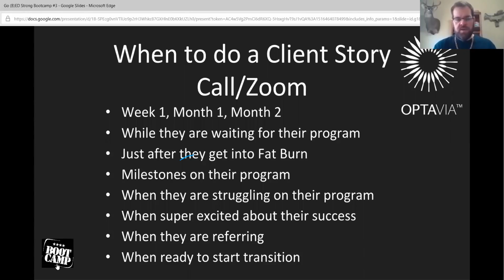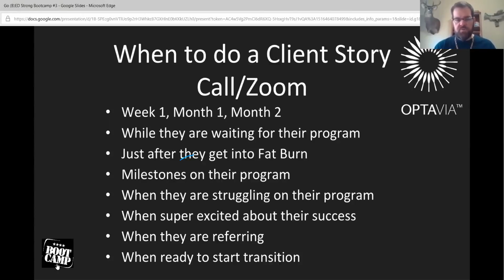You want to look at maybe the end of month 1. At the end of month 2, there's always time to do celebration calls. That month 1 is going to be probably a big month. They've lost a lot of weight that month. Their excitement, their energy, all that stuff is coming into play, and that's reinforcement to them to continue moving forward. Month 2 could be that they've started changing clothing sizes, or they're fitting into different things that they haven't worn in a long time, and that's, again, still all positive reinforcement to help them move forward.